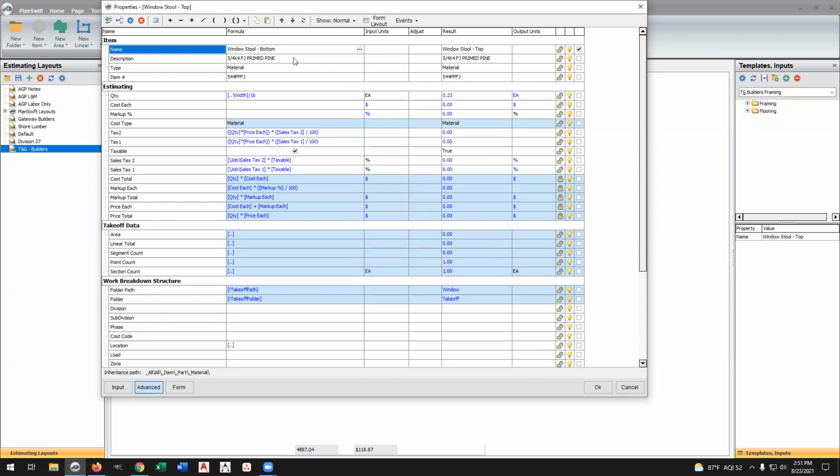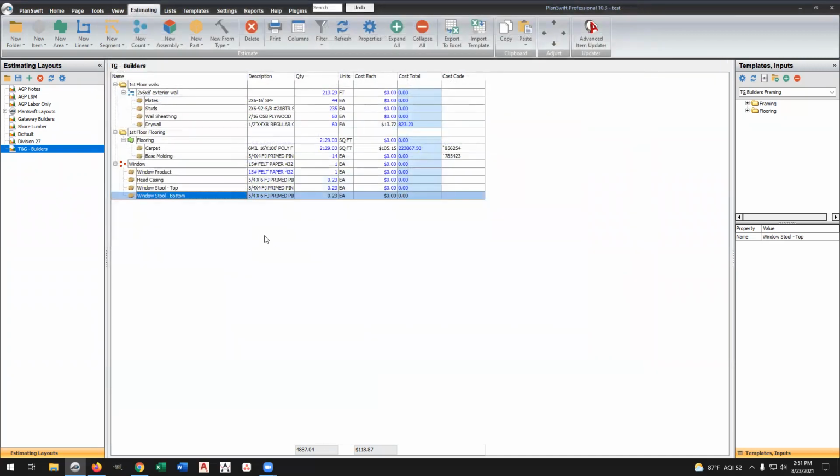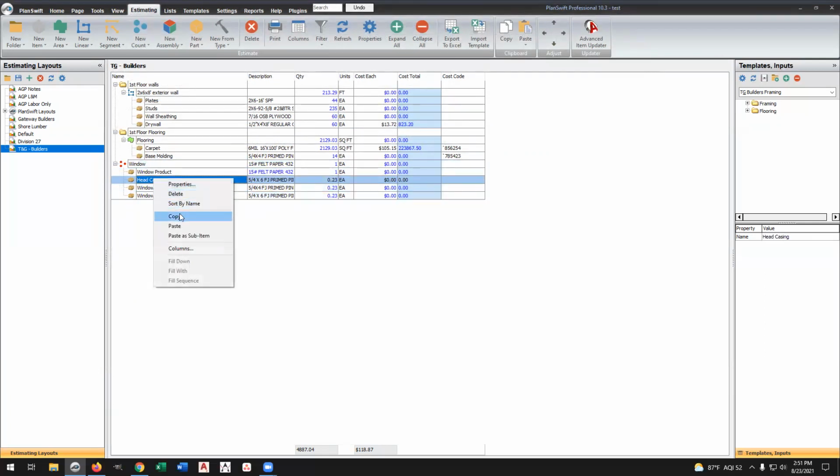Maybe you want the 5/4 by 6 on the bottom. Again, all that's going to remain the same. But what you've just done is you've basically said, every time I put a window in there, I'm going to choose the product that I'm going to put in for that location. And this is how much casing, this is how much window stool. And now we can actually take this head casing, copy it,